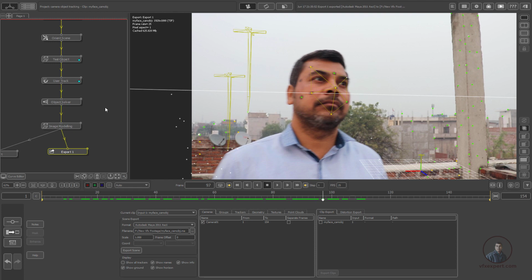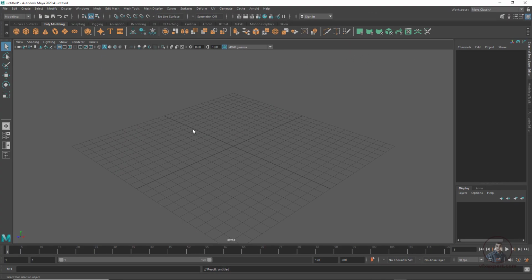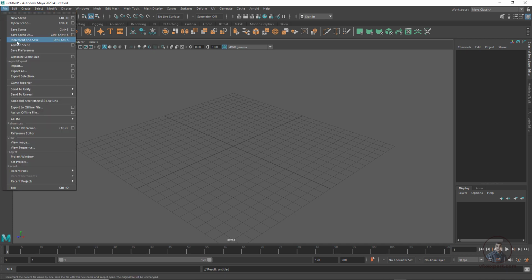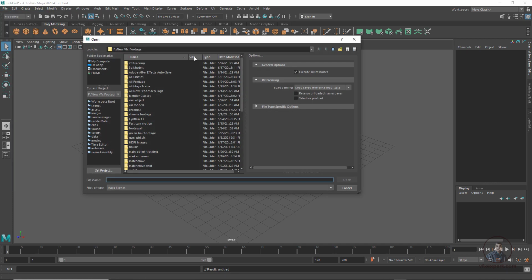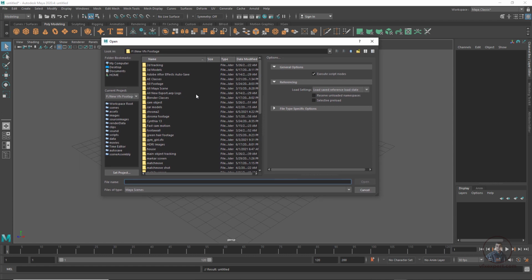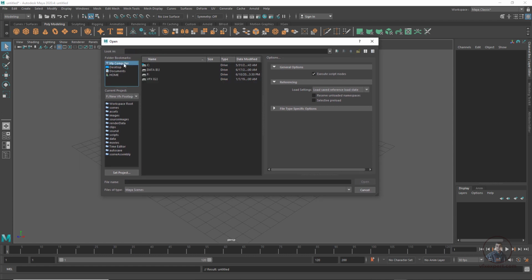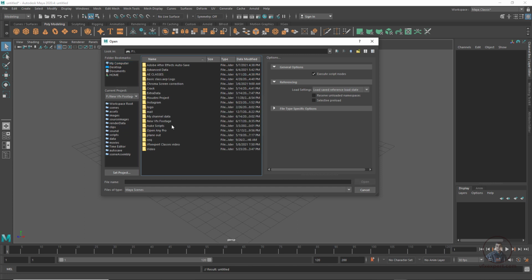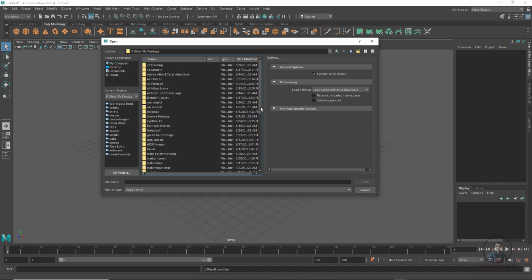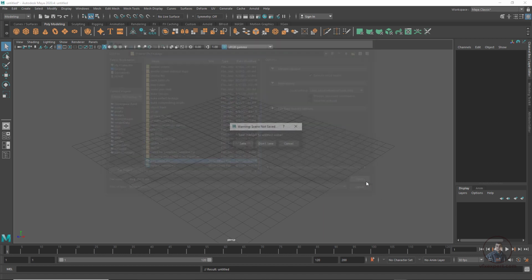So now finally jump into Maya. Here in Maya, first I am going to import our first camera tracking data. Click on File and click on Open Scene, and select your MA file which you have generated from PFTrack. Then in this F drive folder, in our new VFX folder, this file I have generated from PFTrack. Select this one, then simply press Open here.